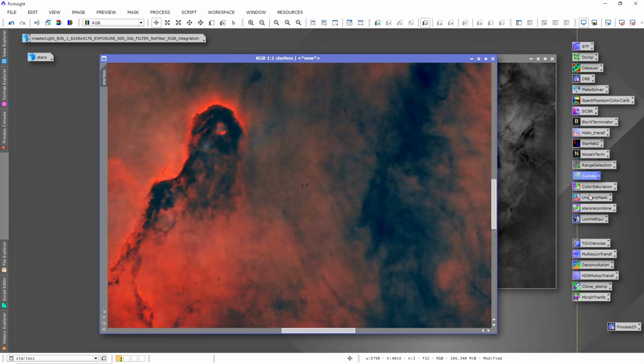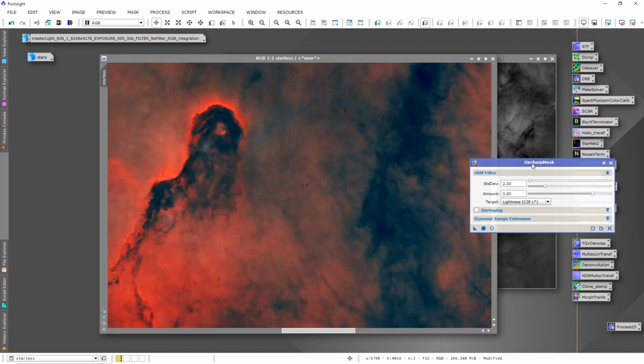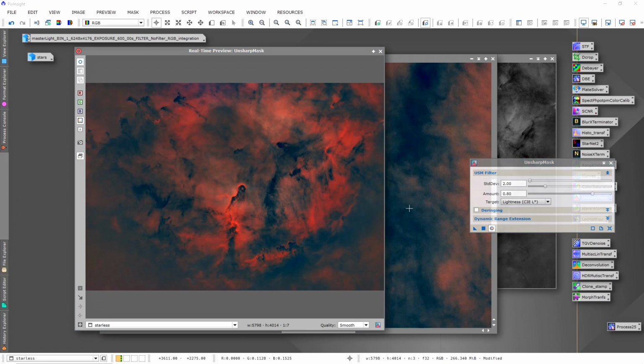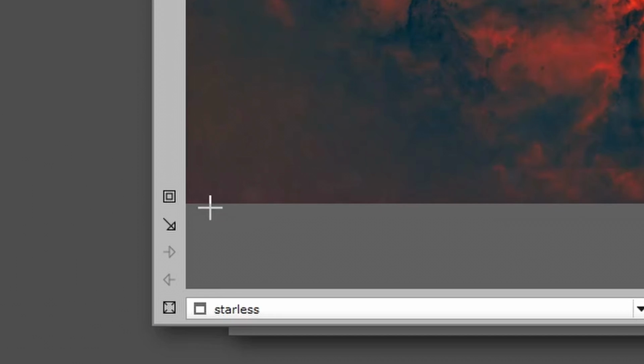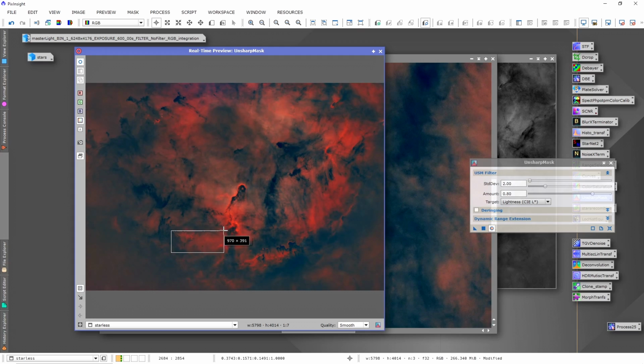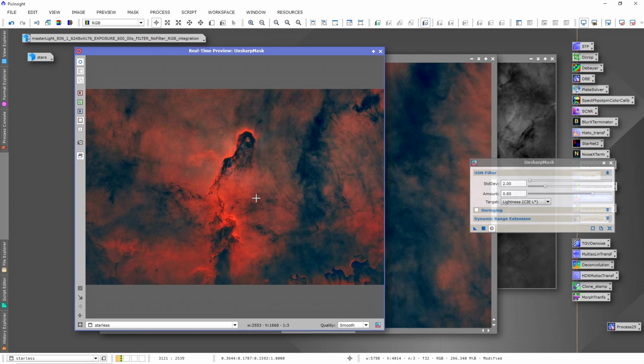Go to Unsharpen Mask. You will also find it in Process, All Processes. You also have a preview here. Sometimes I get the question where you can zoom in here and just press here. Select a region of interest and that's it. Now you have a zoomed in version. Preview. And you can decrease and increase the amount and you can see it's getting sharper